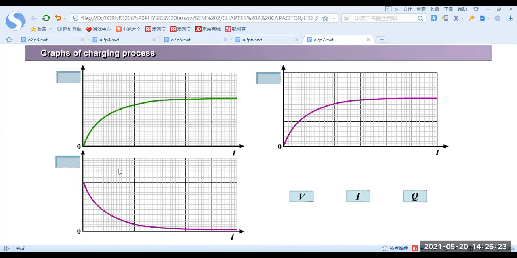Now observe the graph. So what will happen during charging? Voltage will increase. The charge also increases with time. Just the current reduces with time. As a conclusion, we can say that in the charging process,